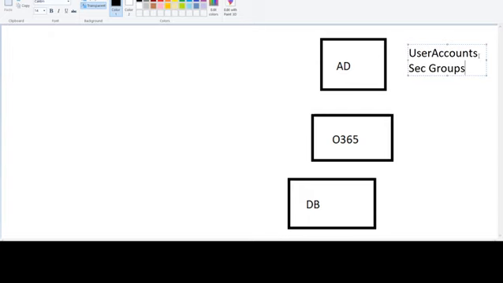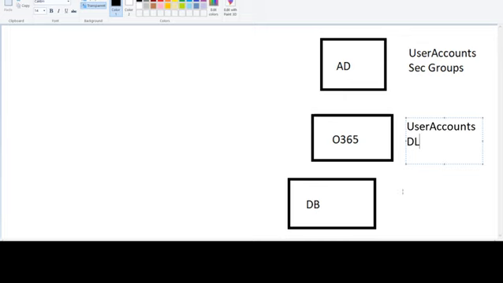Now, similarly, in your Office 365, you will have user accounts, and you will have distribution lists, or DLs, you can say. There also the schema will be very different, and the distribution list schema will also be very different. So there are different types of objects, and they are separated in different applications.